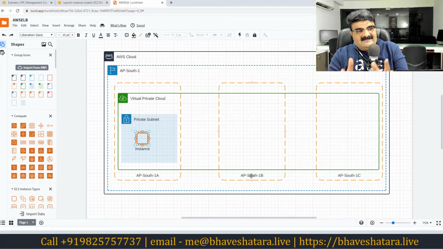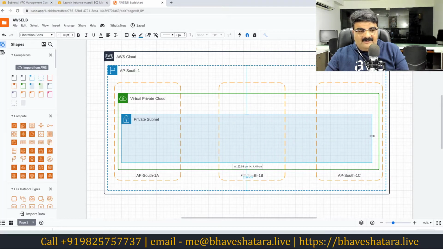So you have to create the subnet. Without a subnet you cannot deploy resources into that particular availability zone. Now keep this in mind: you cannot span your subnet into multiple availability zones for sure.